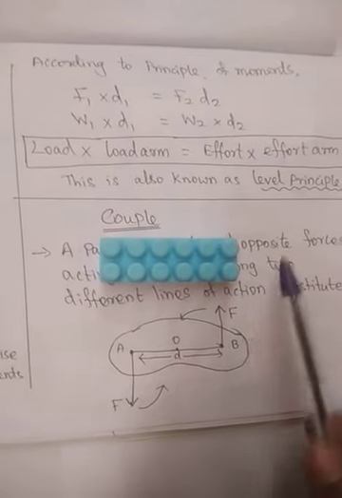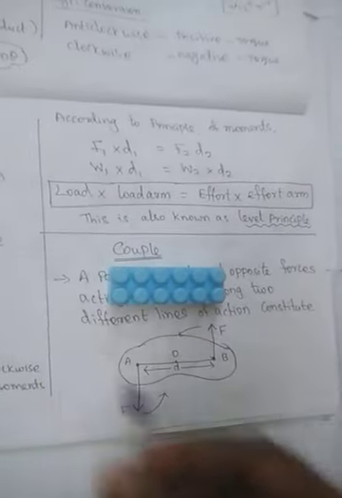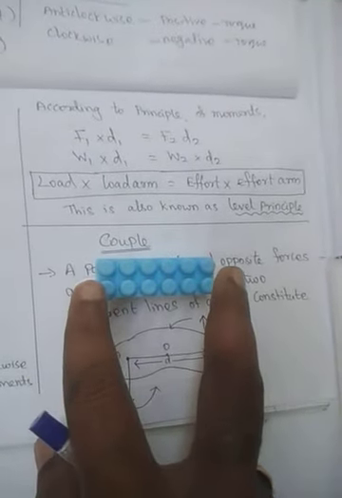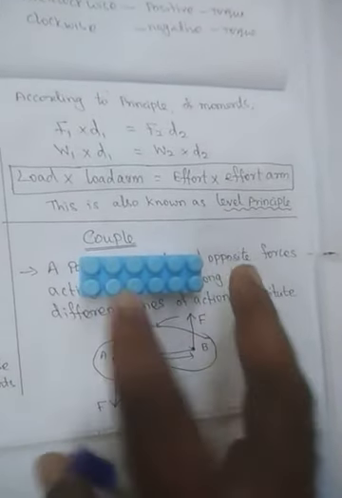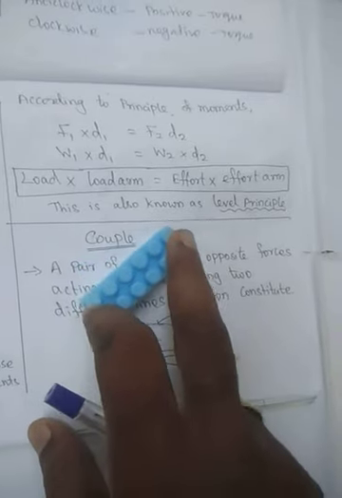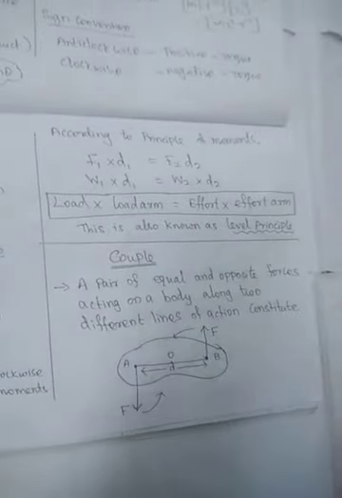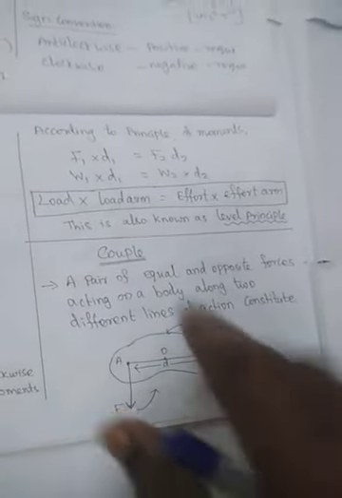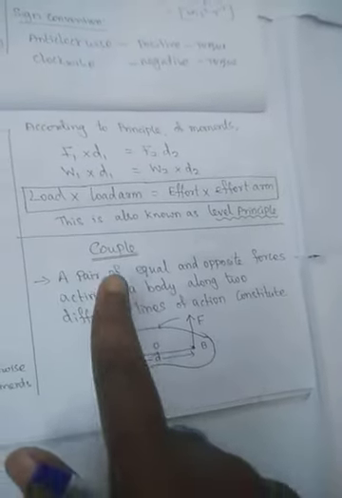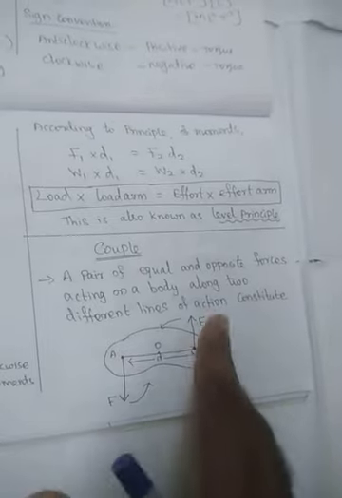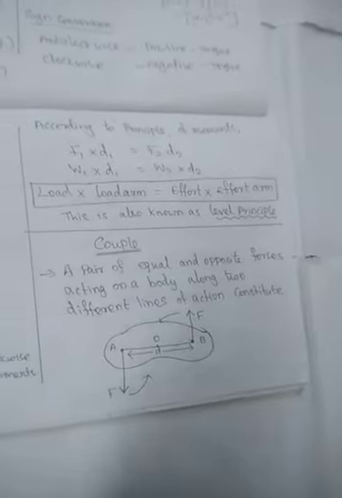Let us see an example. If the force is applied in the upward direction here, and at this end the force is applied in the downward direction, I have to move this finger downward and move this finger upward. So that is a couple. This constitutes rotational motion. Examples are turning a tap, opening a tap, or the cap of a water bottle. Everything is a couple. So two forces in opposite directions acting on a body along different lines of action is called a couple.